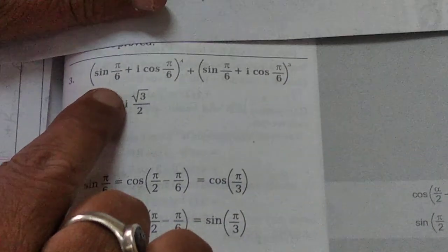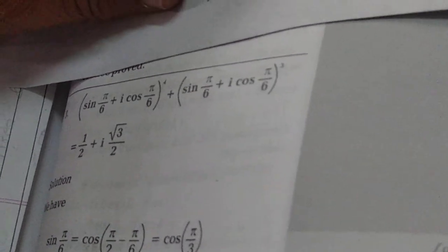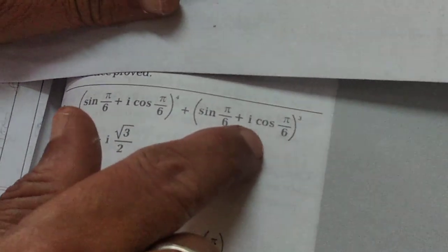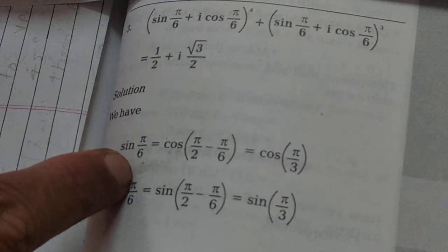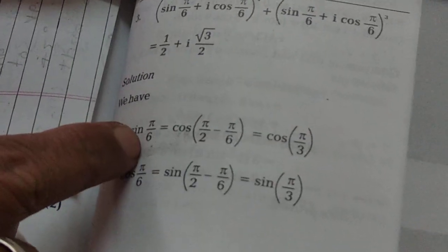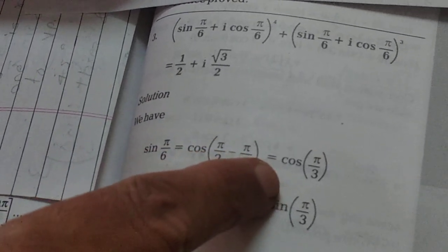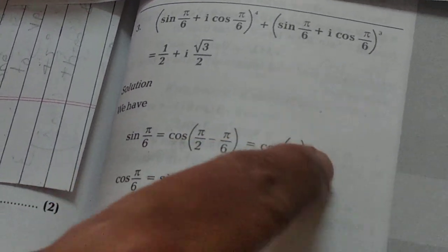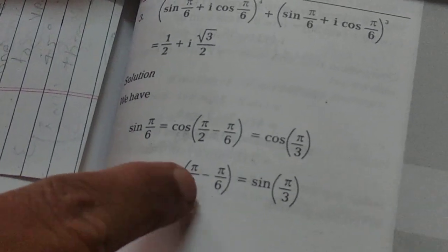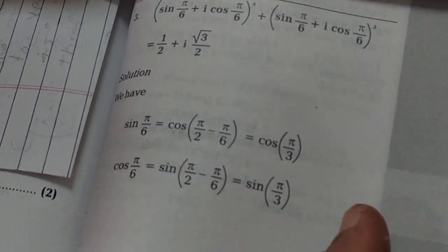Next example is again using de Moivre's. Prove that sin of pi by 6 plus I cos of pi by 6 raised to 4 plus sin of pi by 6 plus I cos of pi by 6 raised to 3 is equal to 1 by 2 plus I root 3 by 2. Again we are using the trigonometric result: sin of theta is cos of pi by 2 minus theta. So sin pi by 6 is cos of pi by 2 minus pi by 6, that is cos of pi by 3. Also cos of pi by 6 is sin of pi by 2 minus pi by 6, that is sin of pi by 3. And therefore our LHS becomes,